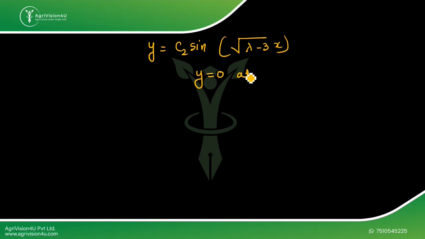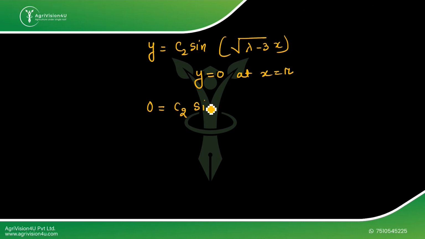So if I reduce it, what will I get? I will get y equals c2 sine, in brackets it will be again square root of lambda minus 3 times x. So now let's use the second boundary condition, that is y will be equal to 0 at x equals pi. If you put the value x equals pi, it will be 0 equals